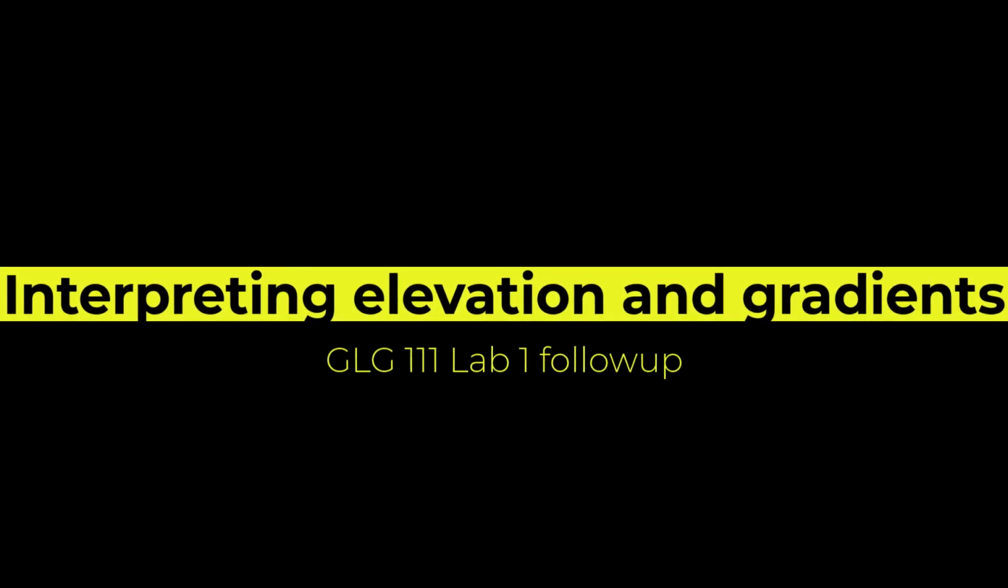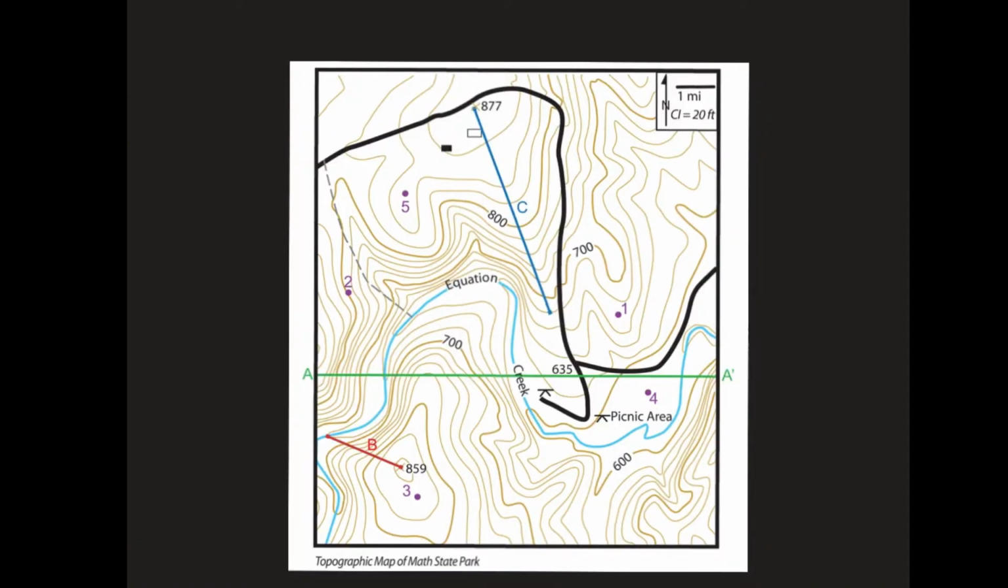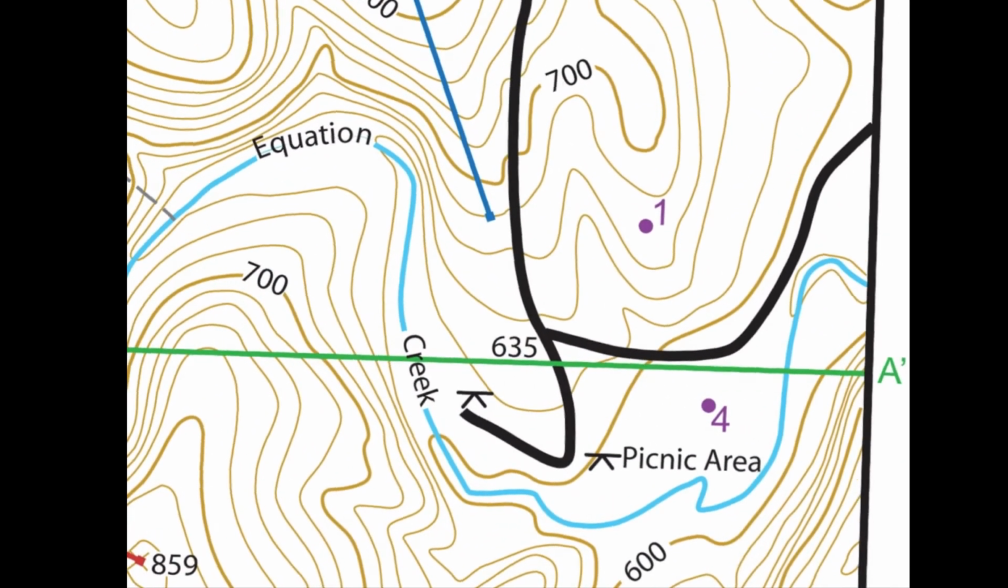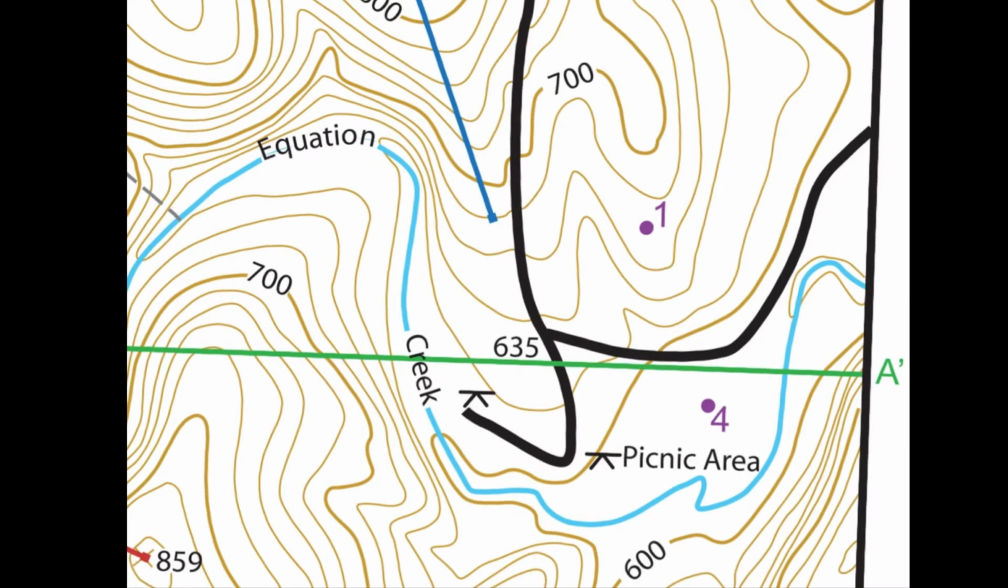So in this tutorial, we're going to work on interpreting elevation and working on gradients, and this is a follow-up to Lab 1. So let's take a look at our topographic map of Math State Park. And we know that the contour interval is 20 feet. So what that means is between any of the small brown lines, or the brown lines in general, it's 20